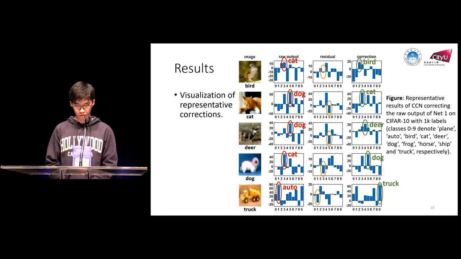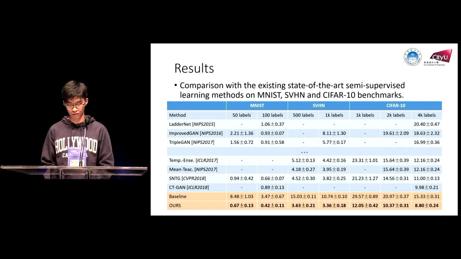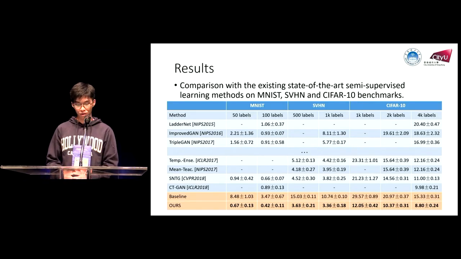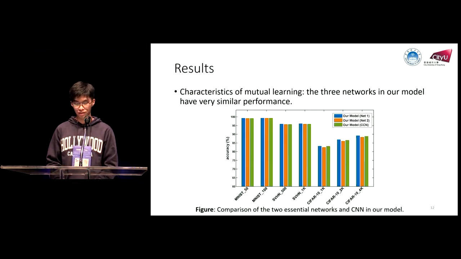And the third column shows the residue learned by CCN. And when combining the raw output and the residues, this misclassification can be corrected. And on multiple benchmarks, the proposed model significantly improves the baseline model, and we also perform comparison with previous state-of-the-art